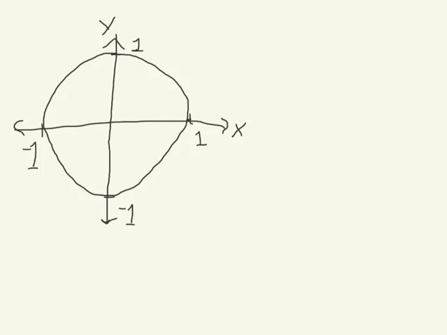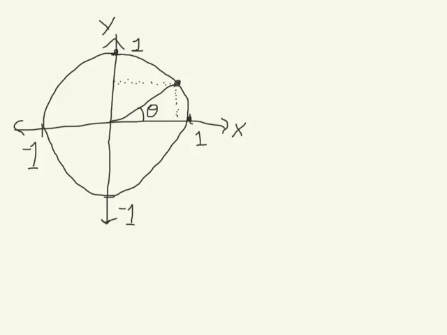So clearly at this point here, we know that the value on the x-axis is 1, and at this point we know that the y-axis value is 1. But what about points in between on the circle, like right here maybe? We know that the radius is 1, but we're not sure exactly what the y value or the x value corresponds to that point. Well, if we call this angle theta,